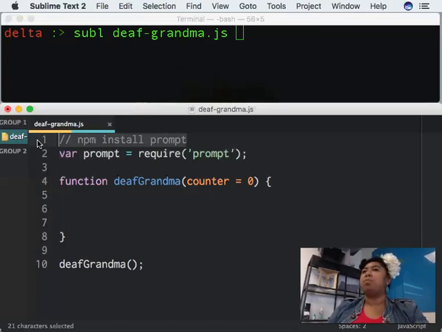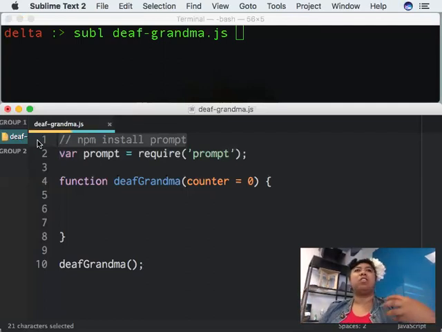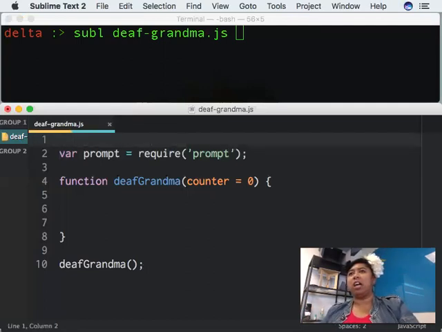If we're installing prompt in this folder, then we're downloading it to be utilized within the scope of this folder repository. If we install it in another folder, it might or might not be accessible, but the flag you would use if you wanted to have it accessible at all times, even if I forgot to install it in another repository, would be